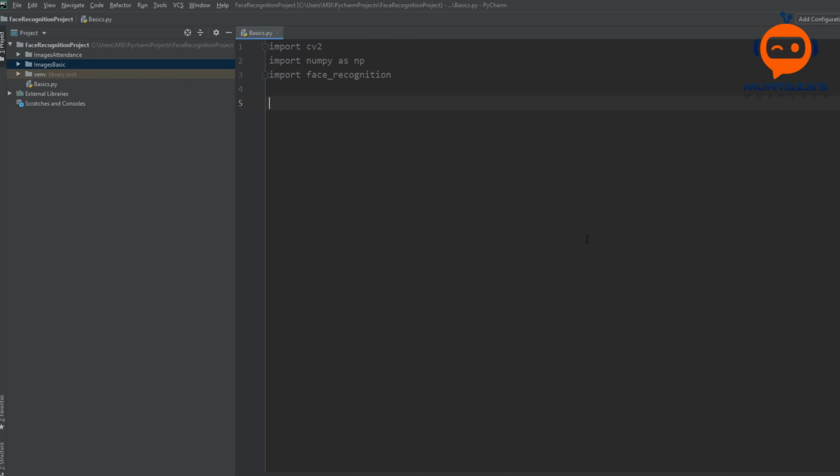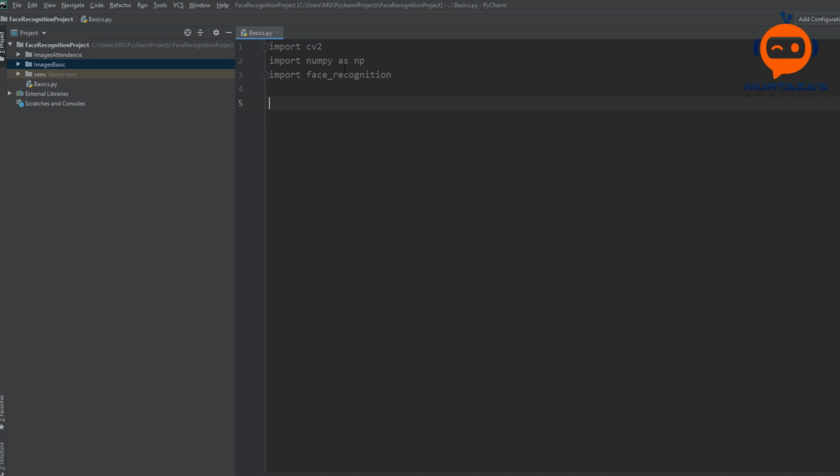So we saw that there are a lot of steps that we have to perform to actually do the facial recognition at the backend, but because we are using this library, we just have to call a few functions to run it. Now what I have done is I have broken this down into 3 steps, and we are going to look at step by step how we can use this library. So the first step is basically loading the images and converting it into RGB, because we are getting the image as BGR, but the library understands it as RGB, so we have to convert it.